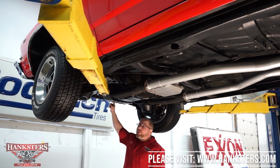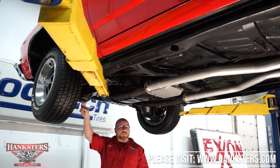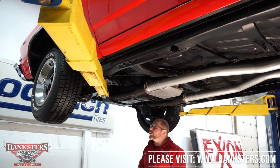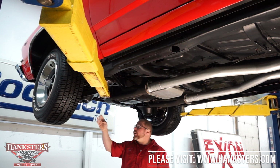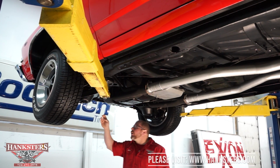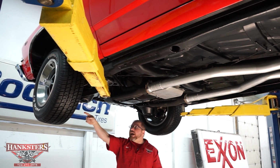We do have a front sway bar and the bushings at the frame mounts, as well as the sway bar end links. Those are all in good shape. Steering, same thing, just factory steering here. It is a power steering car, but we've got our center link here, the Fitman arm, your two tie rods,